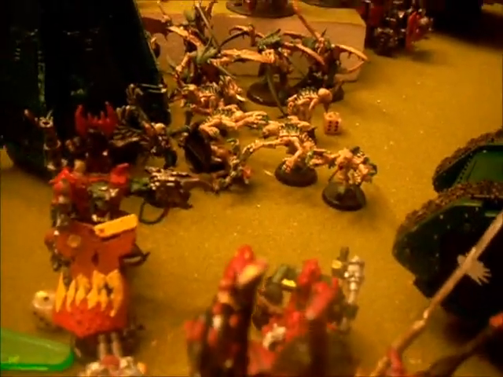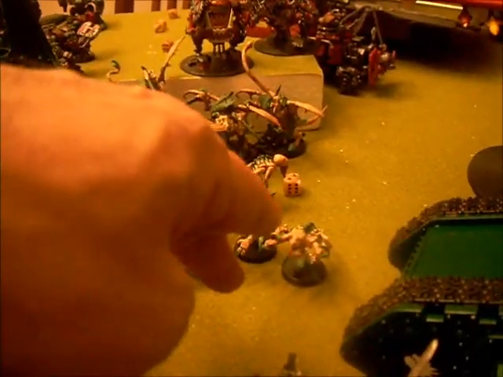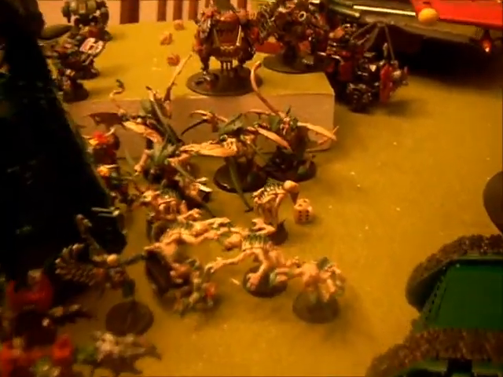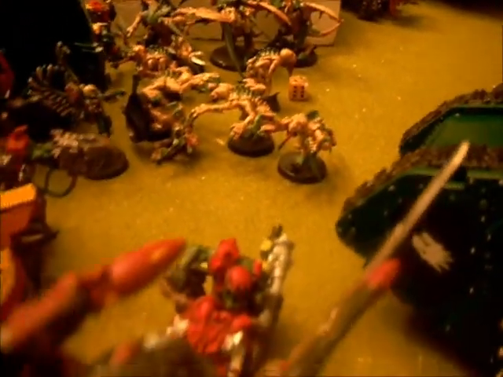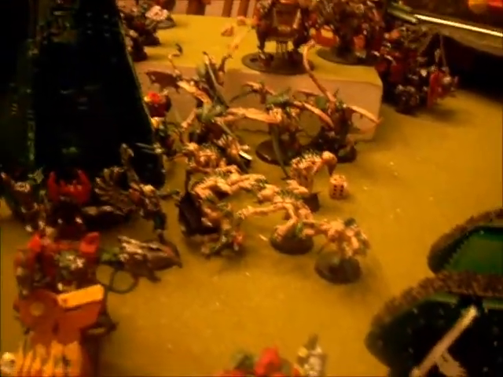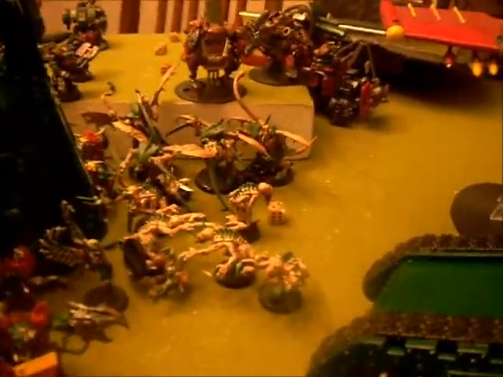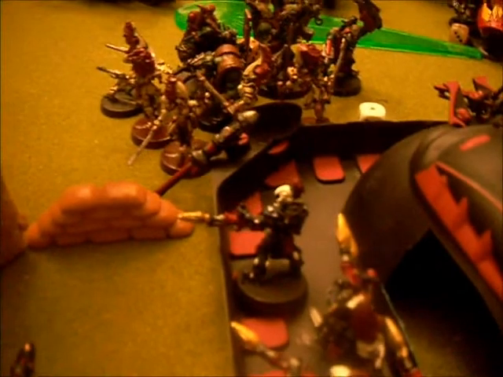This guy here, the Wraith Lord, went ahead and flamed and killed 3 of these Gene Stealers. He was not able to make his charge distance because Green Dawnfire said I had to walk all the way around, walk through the rubble, had to roll 3d6, and I just didn't make it. These Dark Reapers were